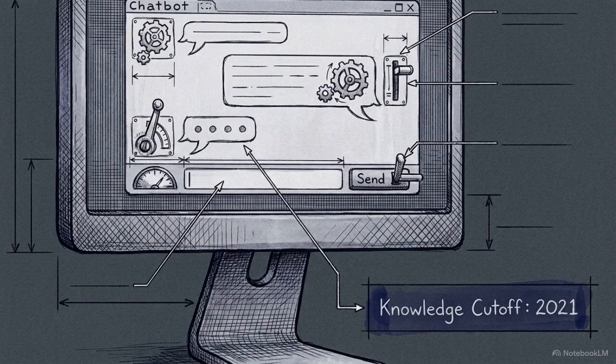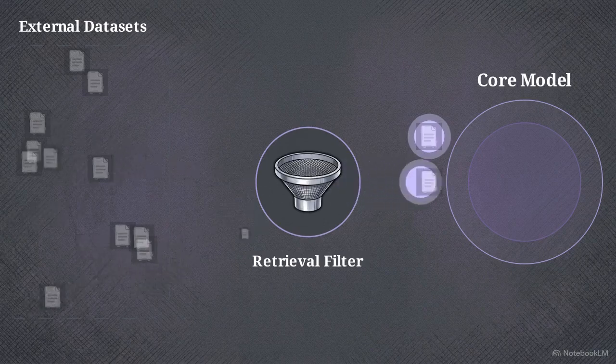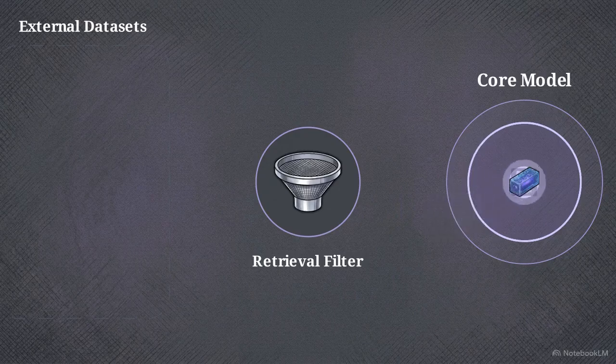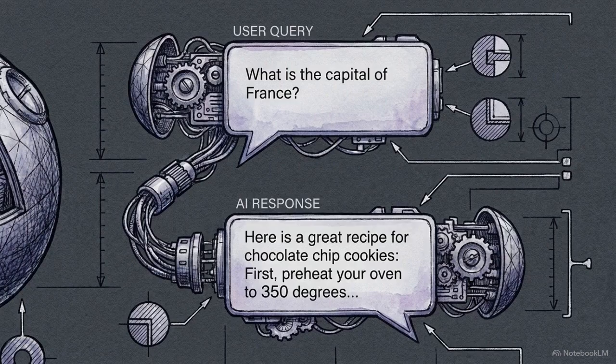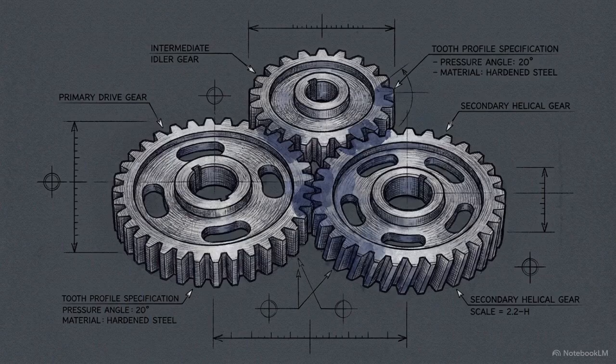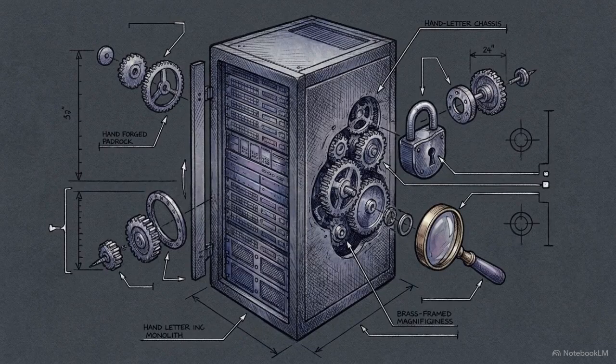For an agent to act on more than just its training data, it needs a way to pull in live context through retrieval augmented generation, or RAG. This acts as a filter for the model's context. It sorts through vast external datasets, discarding the noise and passing only the highest relevant signals to the core model. If you feed an agent irrelevant information, it will confidently give you a useless answer. The relevance of this retrieved context sets the absolute ceiling for what the agent can achieve. Integrated system design, tight tool contracts, and sharp retrieval are the pillars that turn a text generator into a functioning operating system.